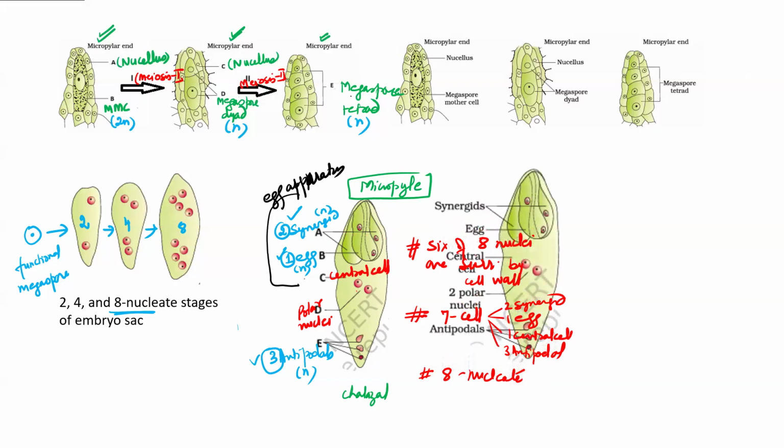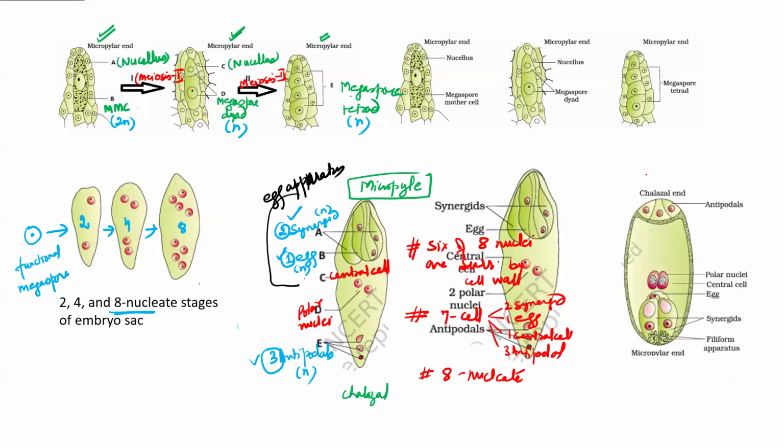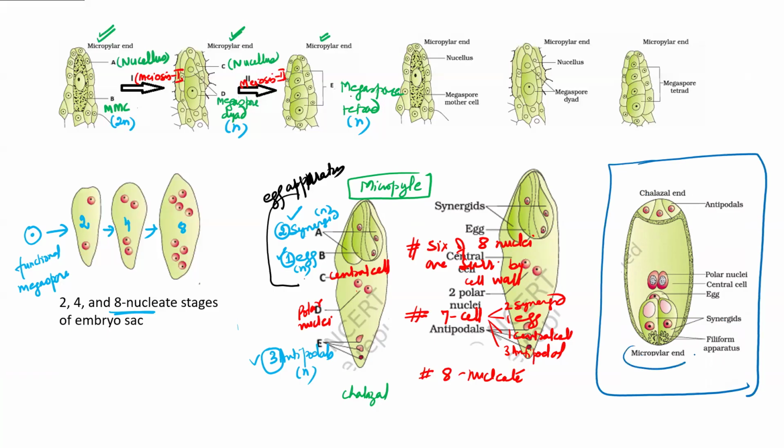This is the NCERT diagram which I have explained to you, and this is a diagrammatic representation. Please understand the question very carefully. This is only a diagrammatic representation in which the micropyle is downside. Please focus, micropyle is here and chalaza is here. If you read your NCERT theory carefully, they will ask the question: where are the polar nuclei present? Answer based on the NCERT, they are present below the egg apparatus. Don't answer based on this diagram, the answer will go wrong. Read the NCERT line carefully, it is written that polar nuclei are present below the egg apparatus.